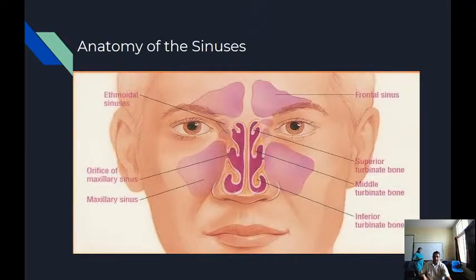Now, once again, we go back to the basic anatomy. Basic anatomy of the nasal cavity. How it is like a box, and the various paranasal sinuses, the maxillary, the frontal, the ethmoidal, and the sphenoidal sinuses, the bony cavities in the skull, are connected to the nasal cavity with almost the same type of mucous membrane, the pseudostratified ciliated columnar epithelium, which lines the nasal cavity as well as the